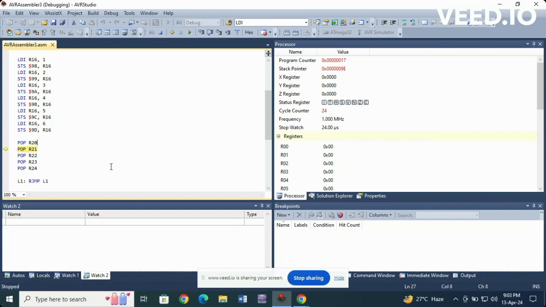So what it will do is restore the value of the register from the stack when we execute the pop instruction. The stack pointer will automatically be incremented. So if we pop R20, the stack pointer will be 9E. If we pop R21, the stack pointer will be